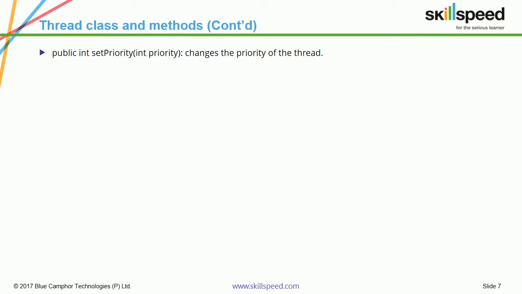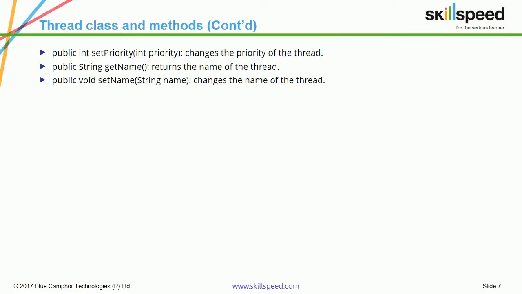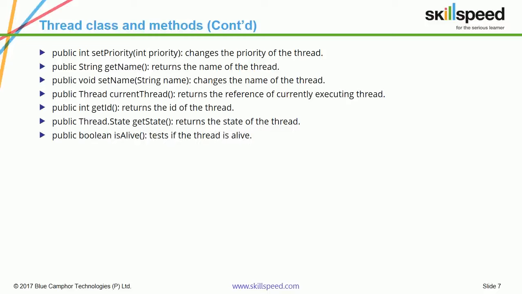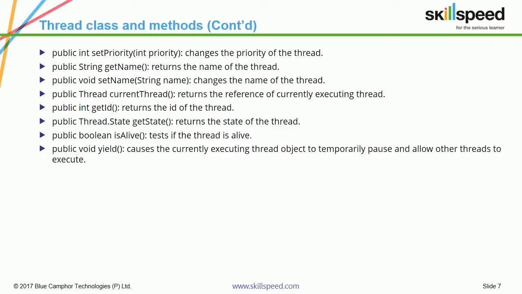public int setPriority with integer parameter priority, which changes the priority of a thread; public String getName, which returns the name of a thread; public void setName with the parameter String name, which will change the name of a thread; public Thread currentThread, which returns the reference of the currently executing thread; public int getId, which will return the id of the thread; public getState method, which returns the state of the thread; public boolean isAlive method, which tests if the thread is alive;